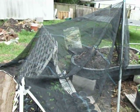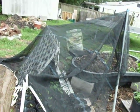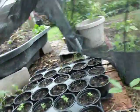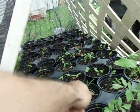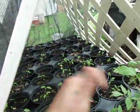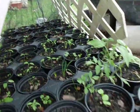Here's one thing I've had to do down here. It's been so hot that I've had to make a screen room on a low budget to do my sprouts. And the other day, I actually won some old Egyptian walking onions, and this was the first one I put down. But it'll shoot up like a tree, fall over and replant itself, and then just walk across the yard. But if we look in here, I've got